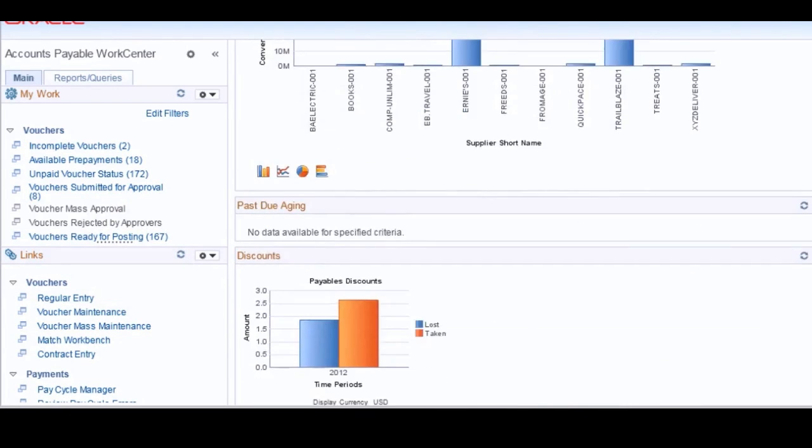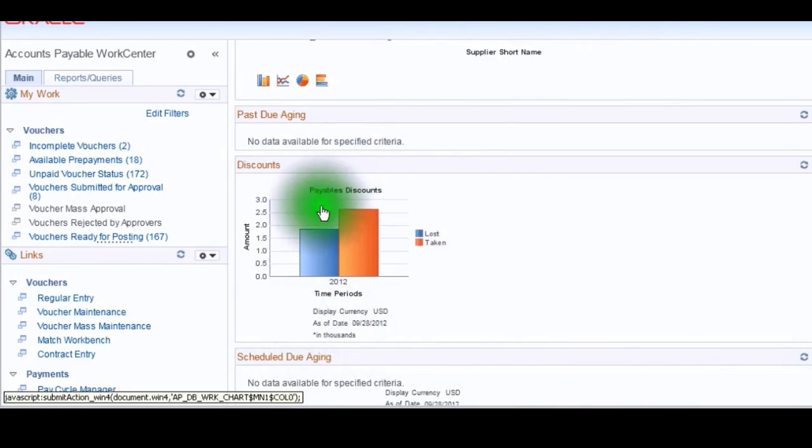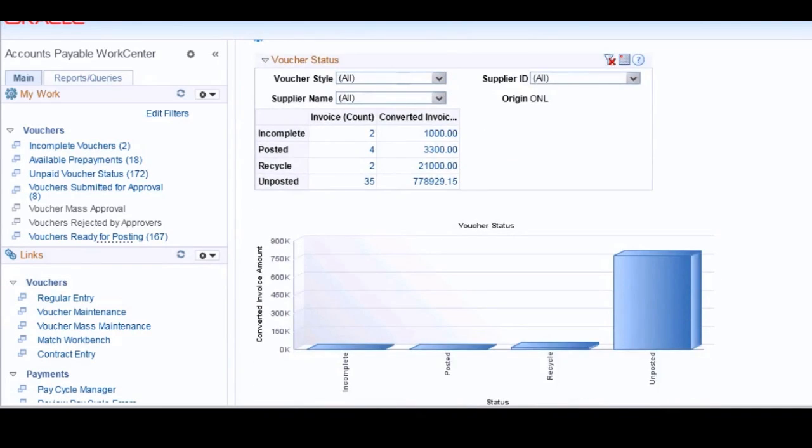Another one of the pivot grid models that's included in the Accounts Payable WorkCenter is the payables discounts that are lost and taken by business units. Another pivot grid model that's been included in the payables workbench is the voucher status pivot grid model. At a glance, again, without knowing anything about payables functionality, it's easy for us to see that we have over